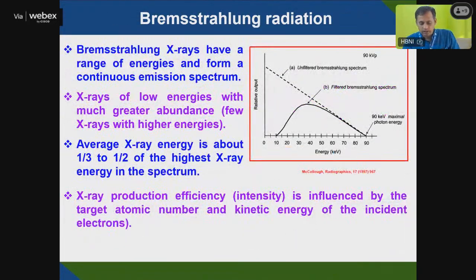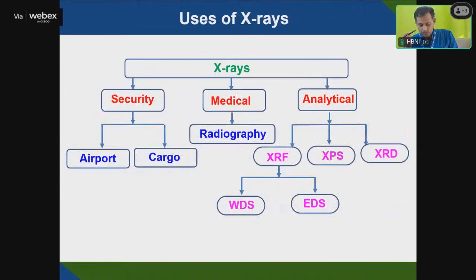So you can see here, this is your background radiation, and background filtration can also be done. So accordingly, you can get a very good image. You can see the average X-ray energy is about 1/3 to 1/2 of the highest. So if you see, the X-ray maximum energy is here. If you use that continuous background radiation, if you use an energy of about 40 kV, the background will be less in that case. So depending upon that, you can choose your wavelength. Mostly we use 30 kV